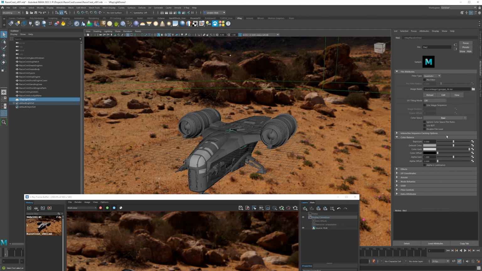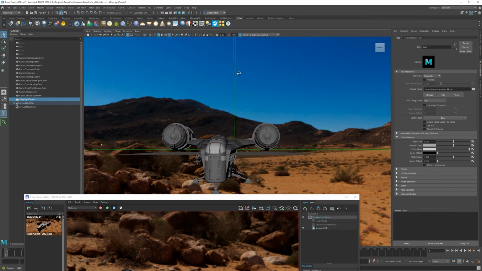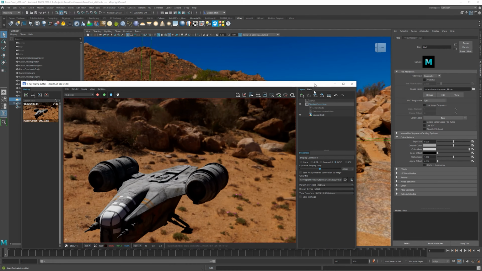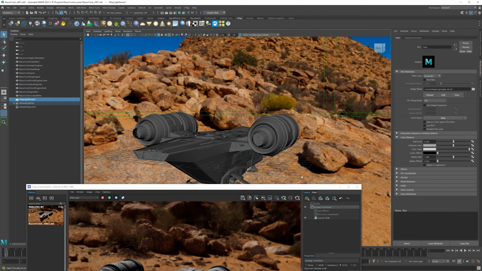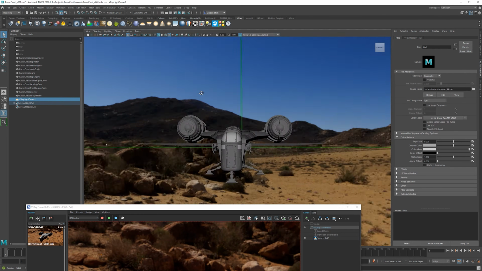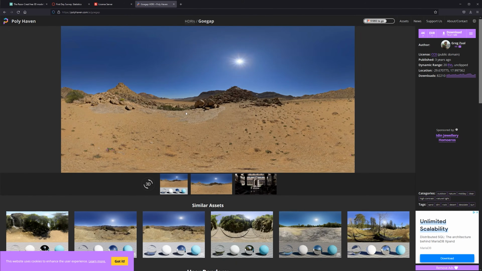If I go back into our input here, by default, Maya will assume that an EXR file is going to be raw, but this is actually going to be very saturated. It's going to look a little bit incorrect, like too contrasty, or not contrasty per se, but the colors are too saturated. So usually HDRs and EXR files are actually going to be scene linear Rec 709 sRGB. And when you change that, you'll get a more realistic looking image here. This does, of course, depend on how it was made. But if we look back at the original image, you can see this is the color of the sand. This is what it's supposed to be.